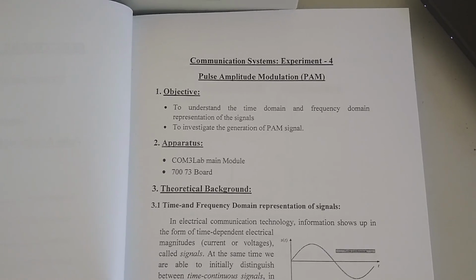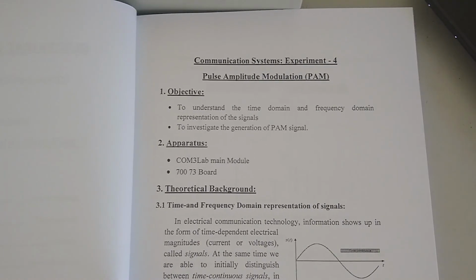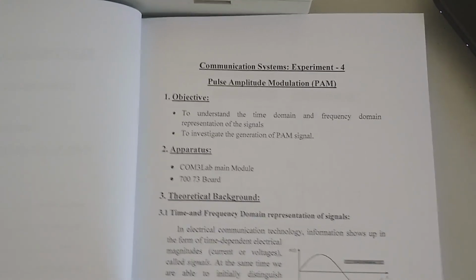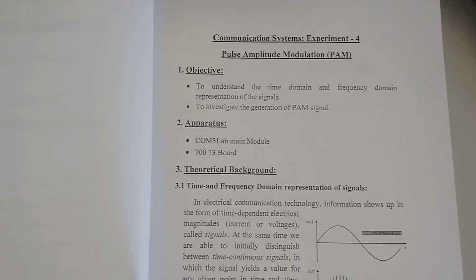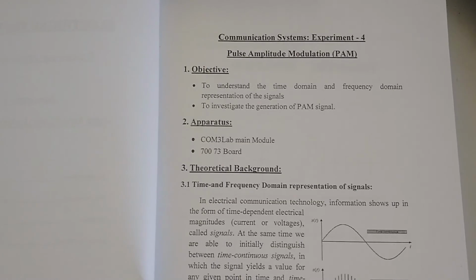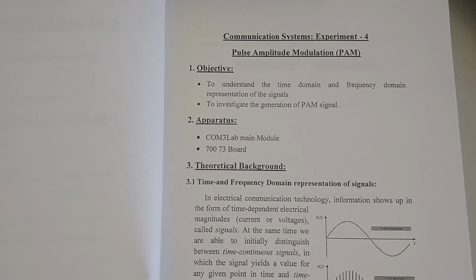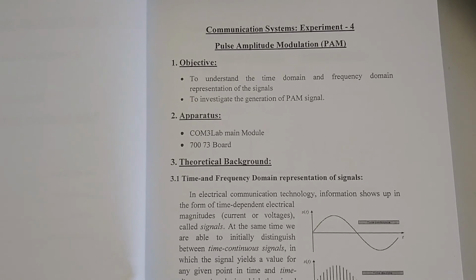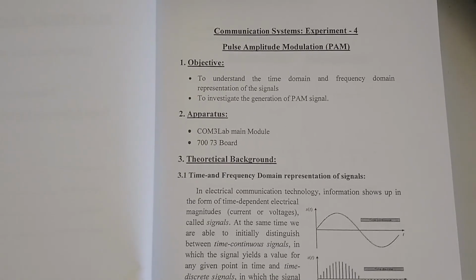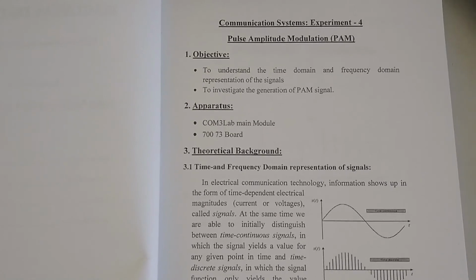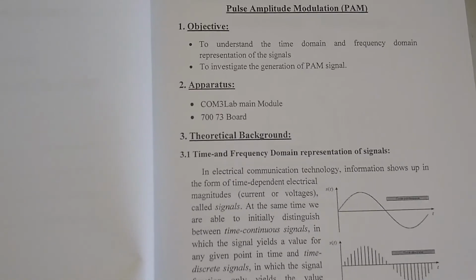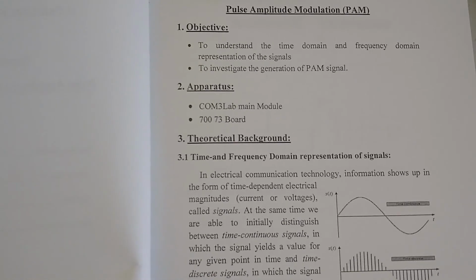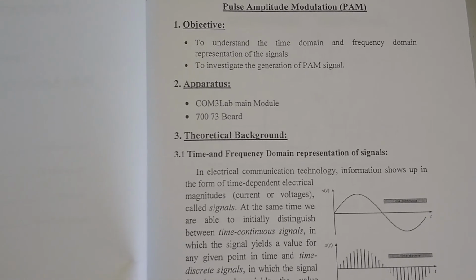Today we are going to perform the experiment called pulse amplitude modulation. Last class, what we performed was amplitude modulation and frequency modulation. So what are the main objectives of this experiment? To understand the time domain and the frequency domain representation of the signal, and to investigate the generation of